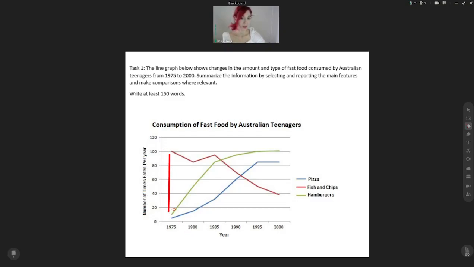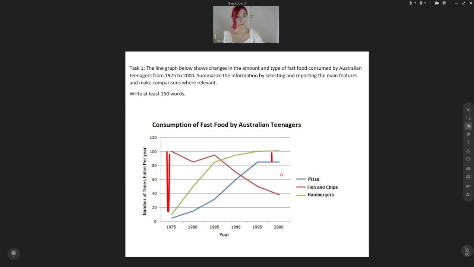So this difference is drastic, right? This one, not so much. That's not really important. But this one, we can see a big difference. So this is going to be one of our key features. Okay? So now that I've identified the key features, how fish and chips went down in popularity while pizza and